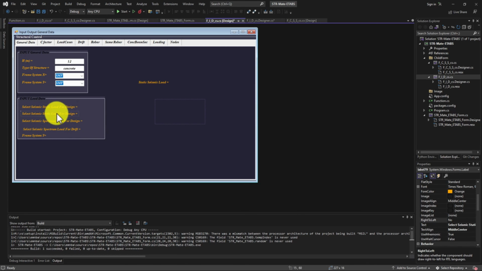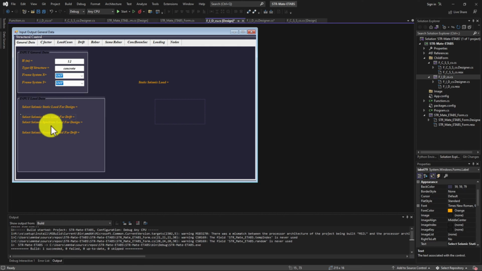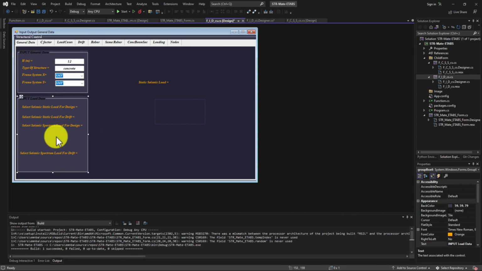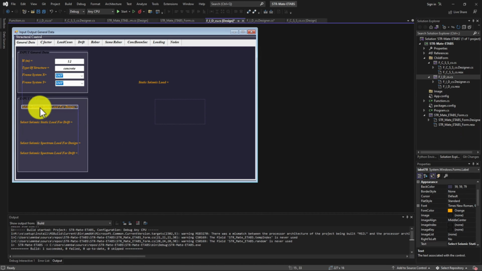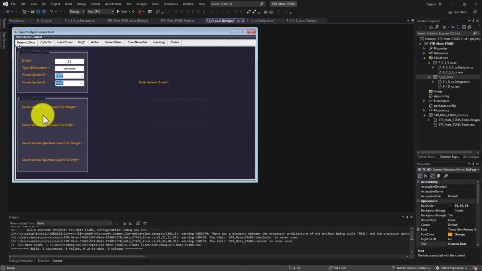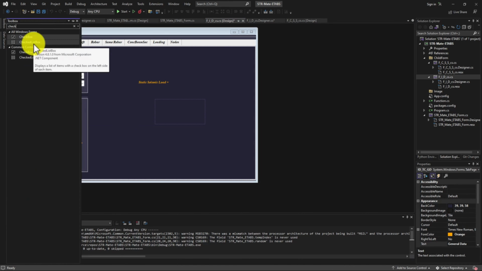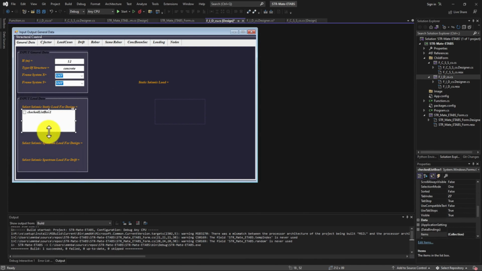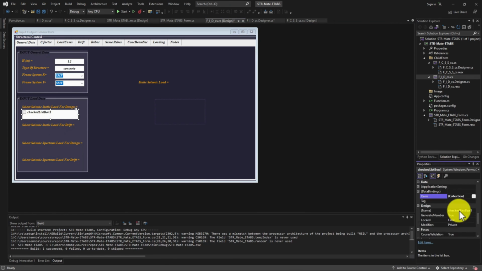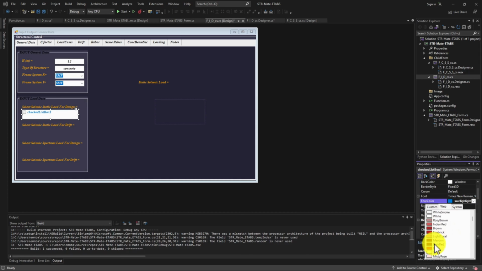and below this label we insert a checklist for this panel. We need a checklist for